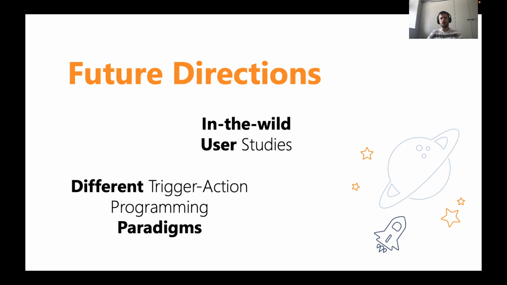To conclude, we are aware that one of the limitations of our work is that we evaluated our system with a single dataset. Unfortunately, differently from other domains like movies and songs, recommendations in the trigger action programming context are in their early stages, and to the best of our knowledge, there are no other public datasets of trigger action rules. So in future work, we aim at evaluating ATAP with real users, possibly through in-the-wild experiments. Furthermore, we will also explore the adoption of different trigger action programming paradigms by supporting, for instance, trigger conditions and multiple actions in the recommended rules.